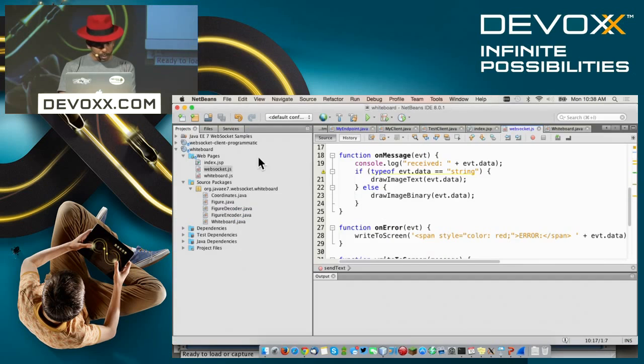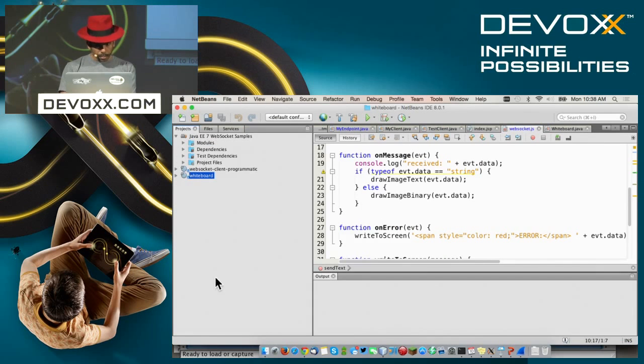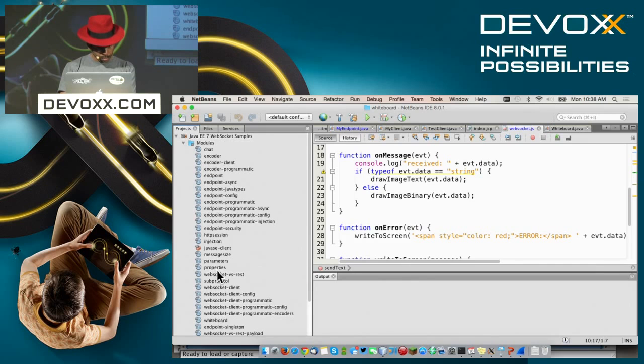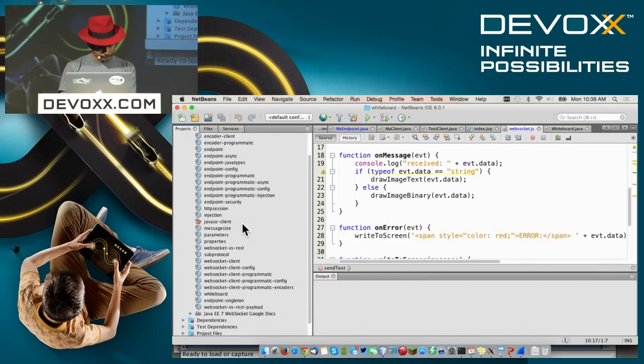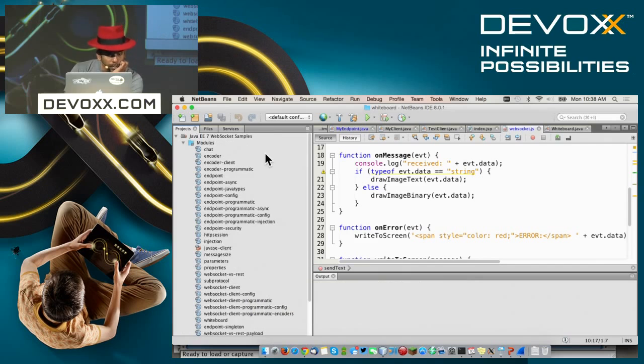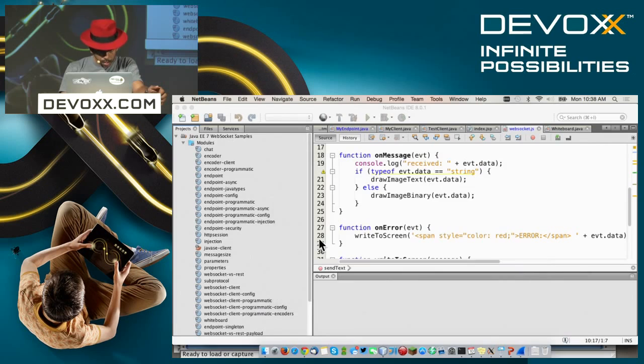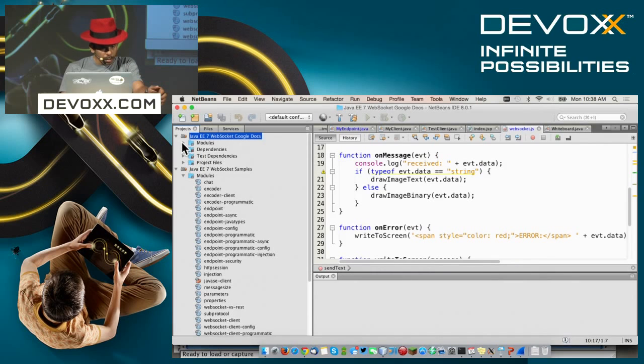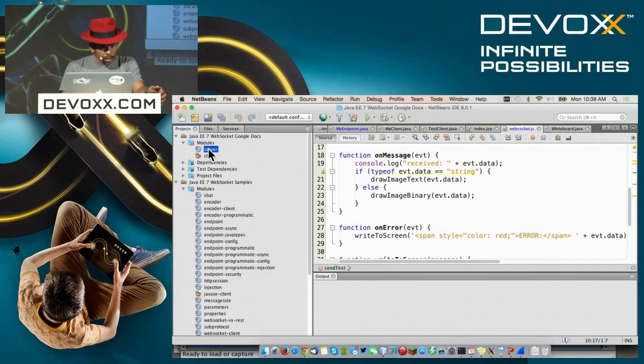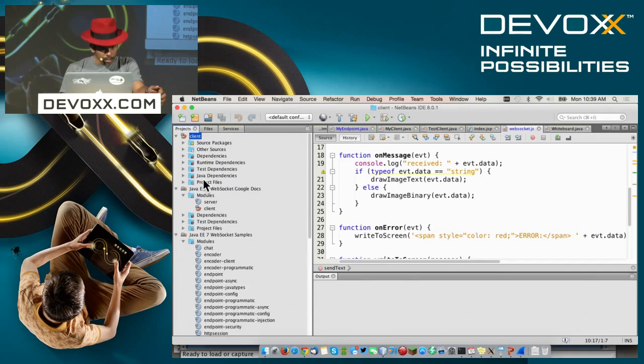I was showing the code behind this. Where did my mouse disappear? Oh, that is not added as a module, so I need to open it separately. So here is my Google Doc server. If I open up my server and open up my client,